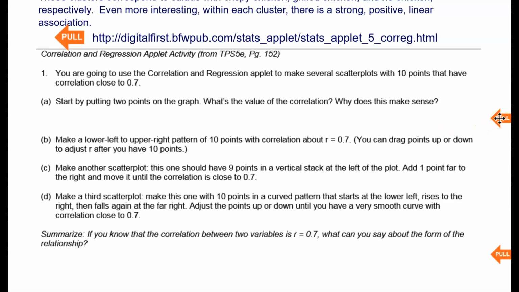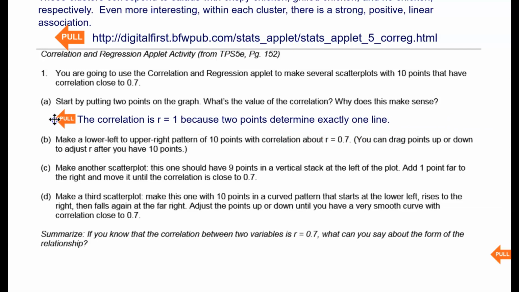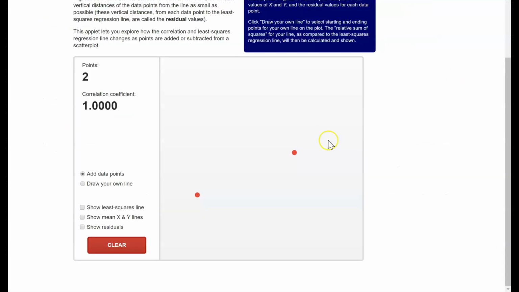Well, the answer to that question is correlation is 1 because 2 points determine exactly one line. So if I was to draw a trend line through those 2 points, there's only one line that would go through those 2 points. What I want you to do now is work through the rest of the directions for